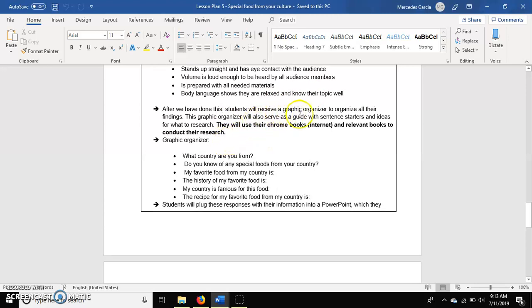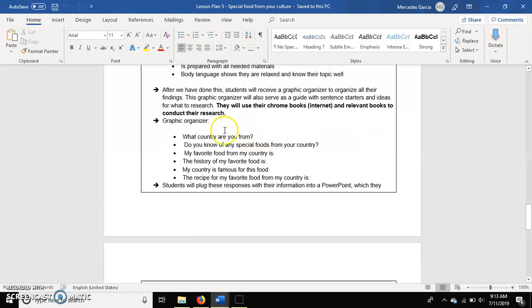After we have done this, students will receive a graphic organizer to organize all their findings. They will use it as a guide with sentence starters and ideas for what to research. They will use their